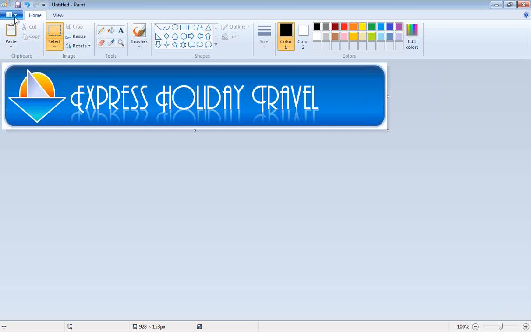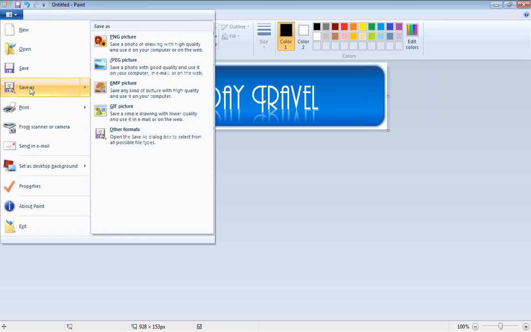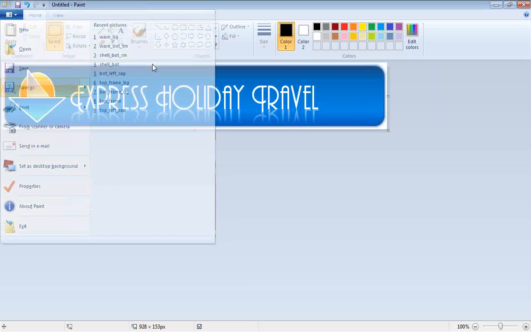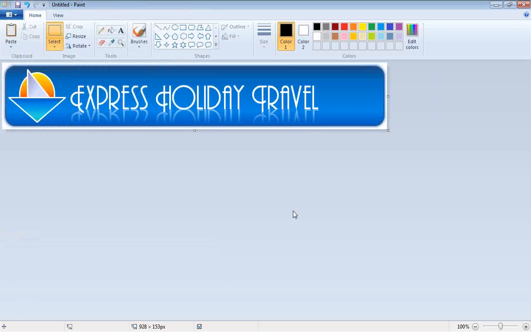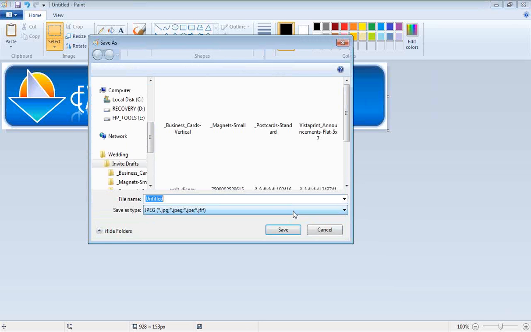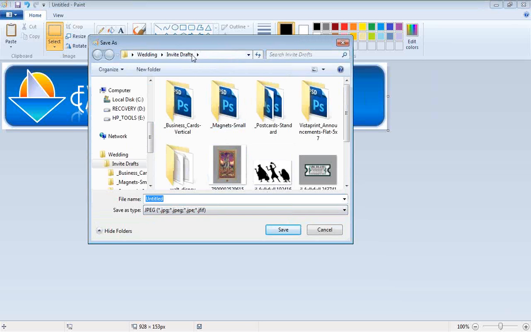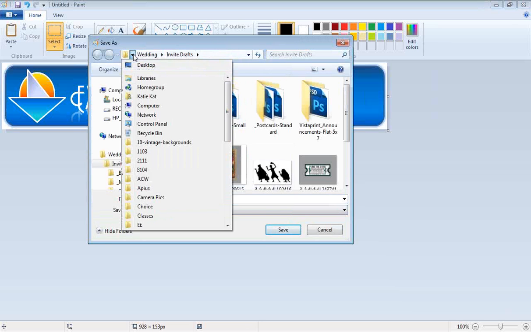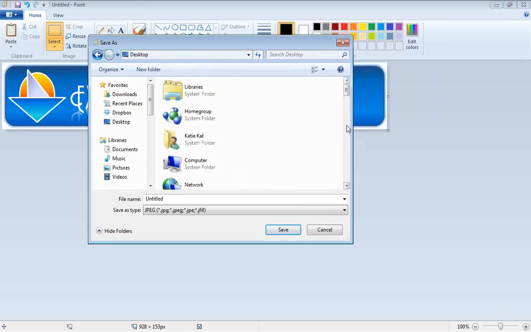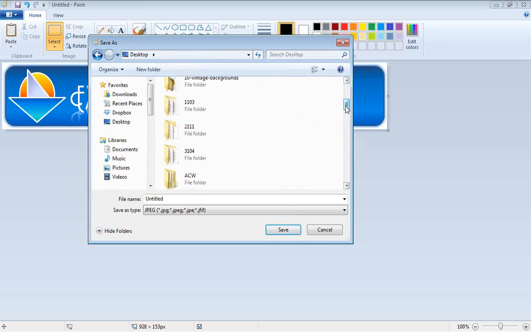And there we go. So now I'm going to save this, do a save as, and JPEG is a really good format to choose for any kind of image that you want, unless it's got really wide areas of the same color, because then it is going to blur. So what I'm going to do is go back to my project folder